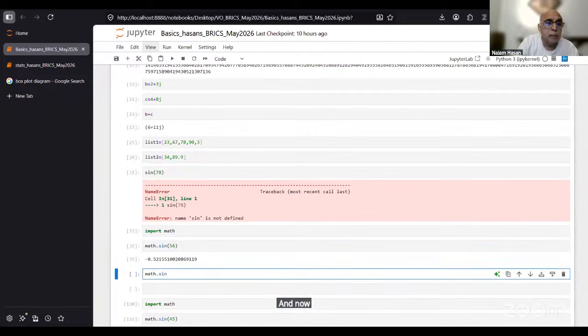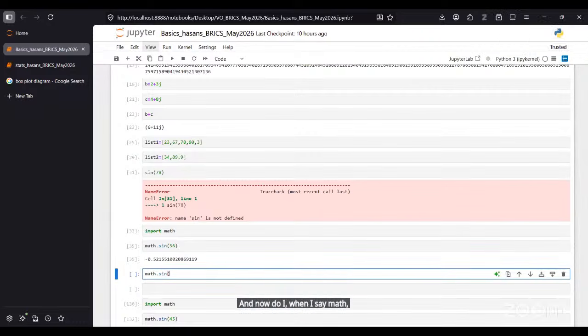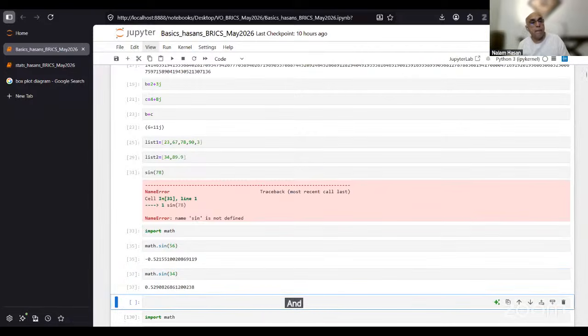And now when I say math dot sine, and when I run math.sine,